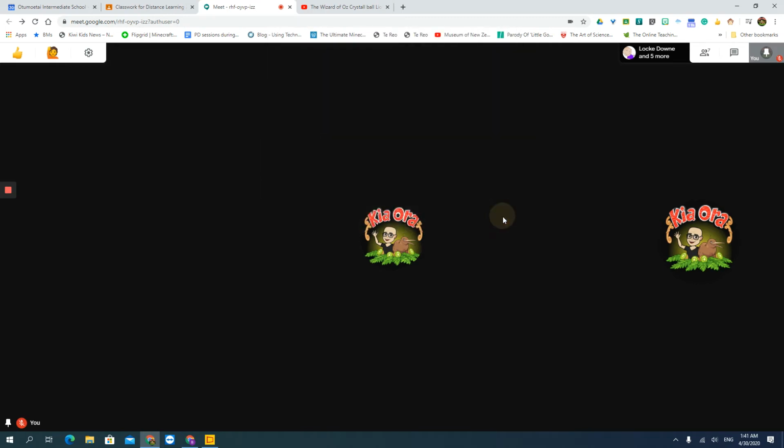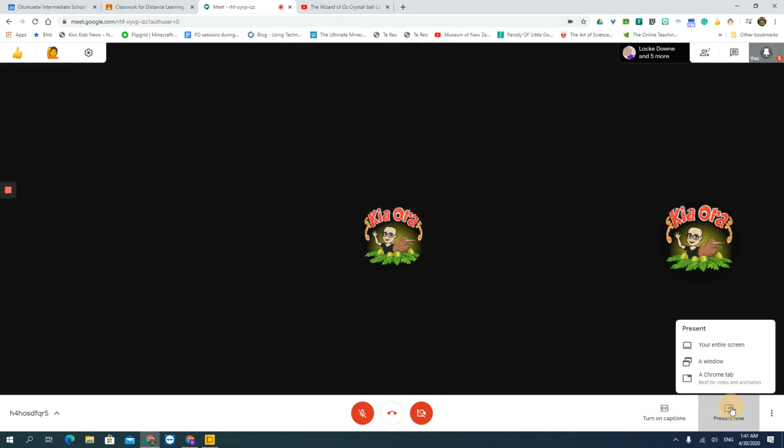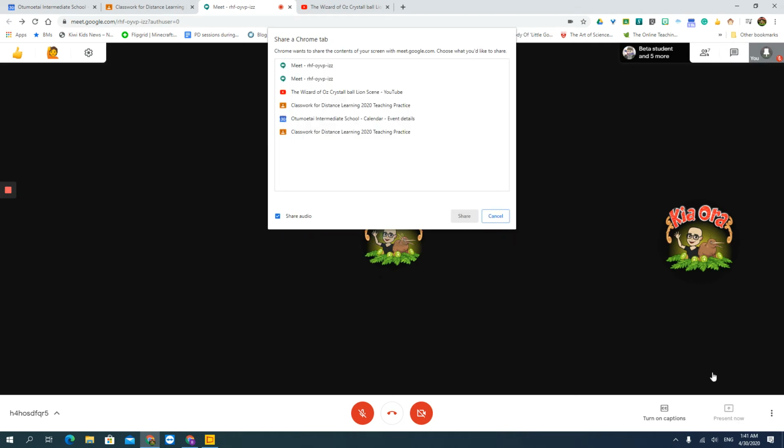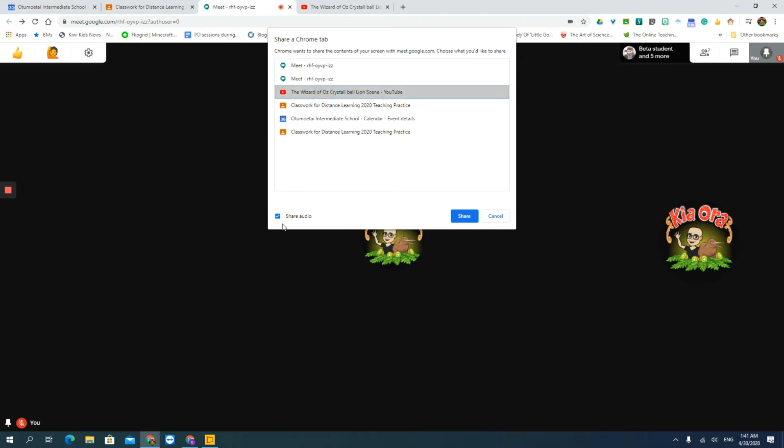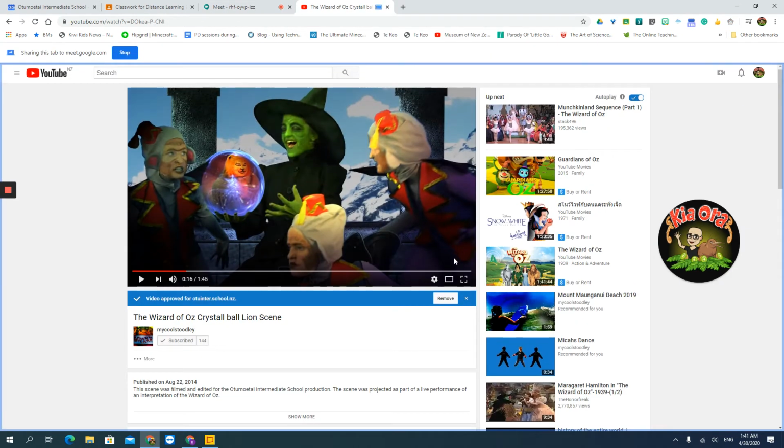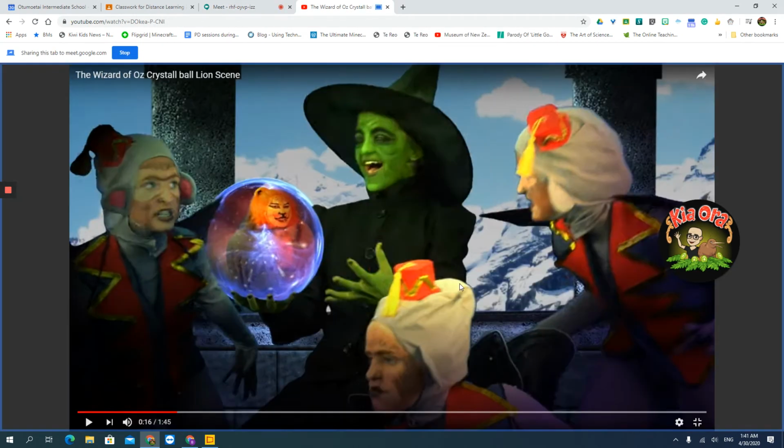So as well as being able to present a window and your entire screen, the latest change is a Chrome tab. Now, the thing that's really cool about that is it will actually let you choose some video and include the audio, and it is done at high quality. So if I go ahead and share, and we'll just take this out to full screen, that basically means that if I went ahead and click play,